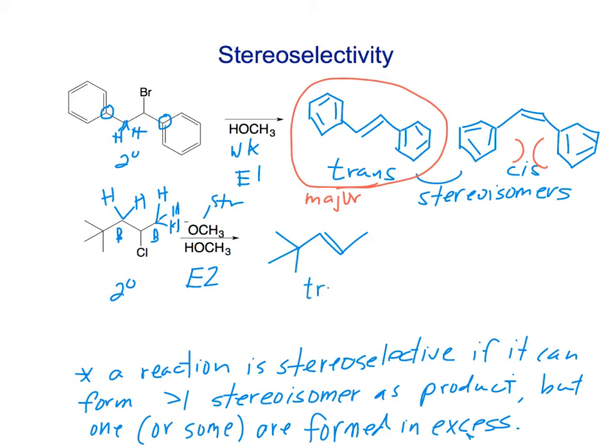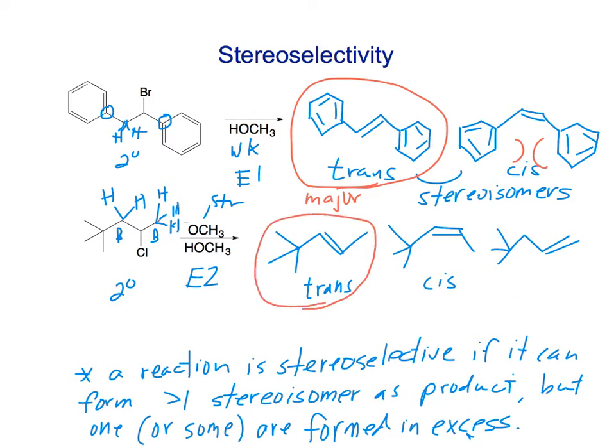This would be trans. So cis is possible as well. And a third possibility here is that the elimination would not follow Zaitsev's rule, and we could get this double bond on the end. All right? So we have possibilities here. We're going to yield the most stable product in excess, and so that is going to be the trans, more highly substituted product. And so this reaction, in fact, is